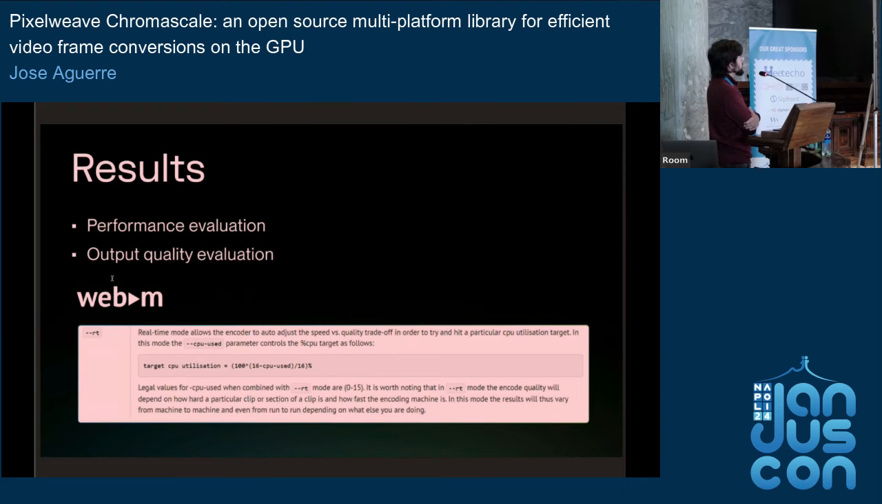So we evaluated this library in two senses: in performance and in output quality. Why output quality? Because if one thinks about it, this is just a library that is converting one pixel format to another pixel format. So why would it be higher quality than another library? And the answer to that is that the typical CPU-based encoders have what is called a real-time